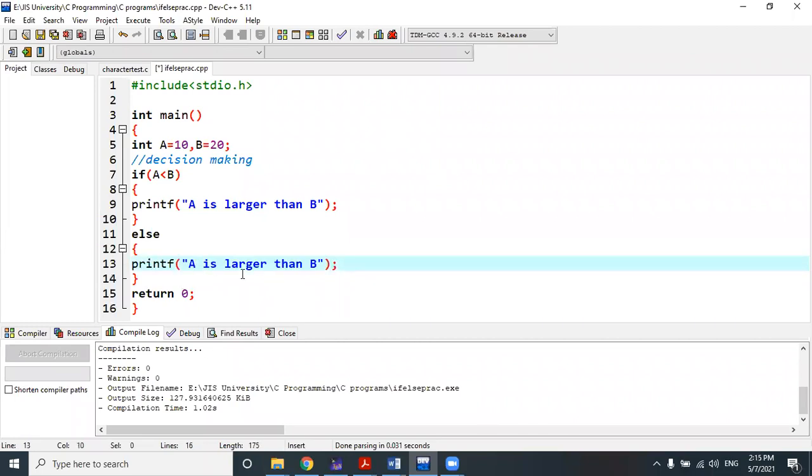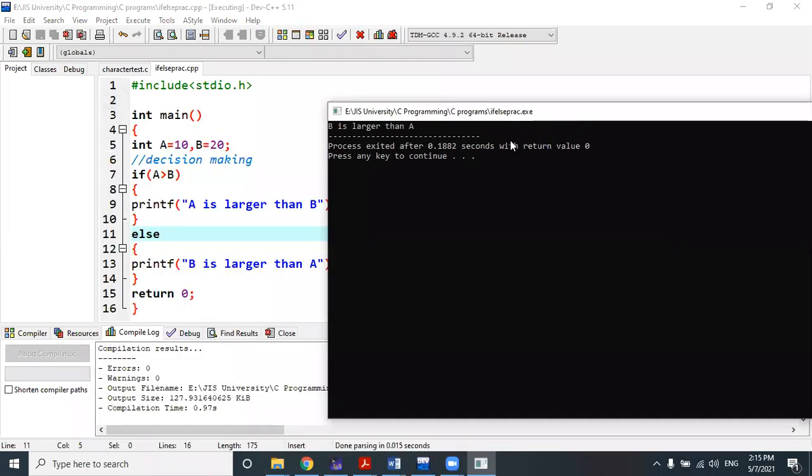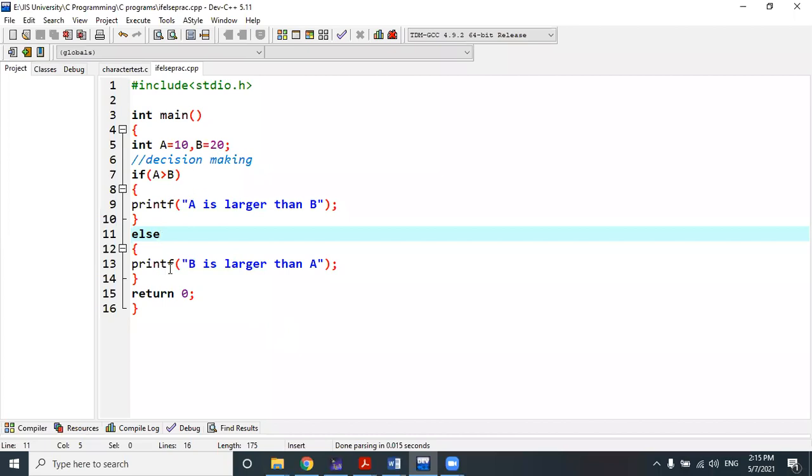In the else part, we can say b is larger than a, and we should change this condition. We will check it out. The else part will execute because this condition fails. The else part always holds the condition just opposite of the if condition.